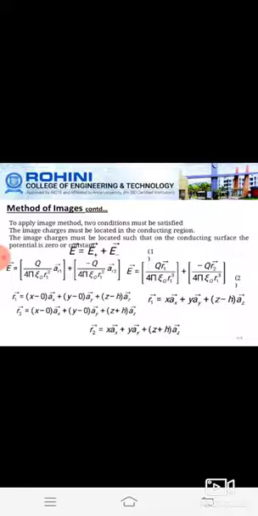Using the method of images, we can obtain the electric field at the point P of x, y, z as E equal to E1 plus E2, where E1 is due to the positive charge and E2 is due to the negative charge. So we can write this as q divided by 4 pi epsilon naught r1 square into a r1 vector, plus, for the negative charge q in E2, minus q divided by 4 pi epsilon naught r2 square into a r2.